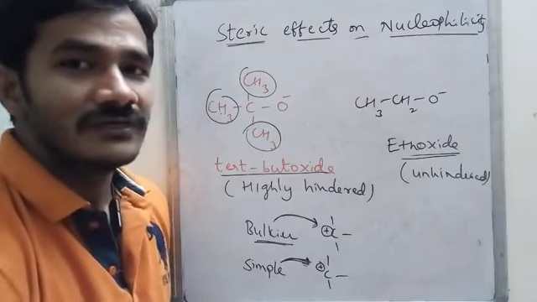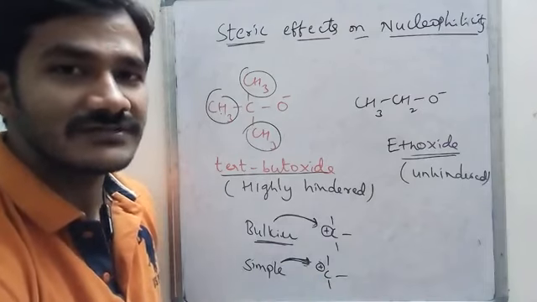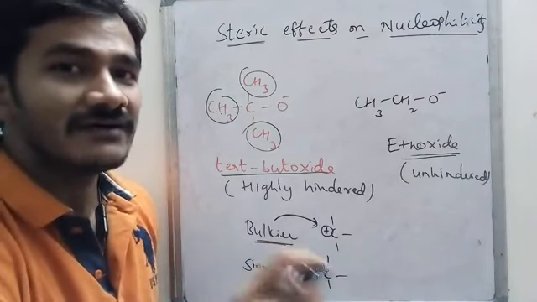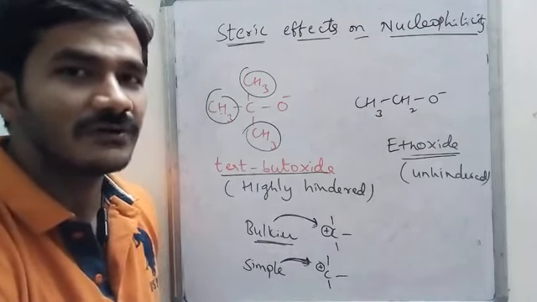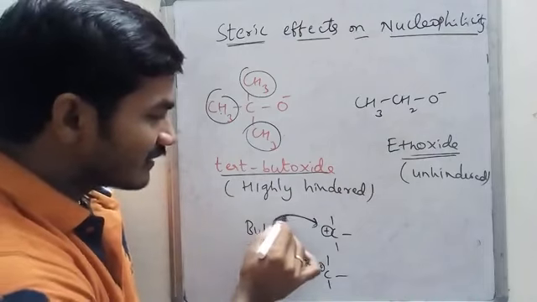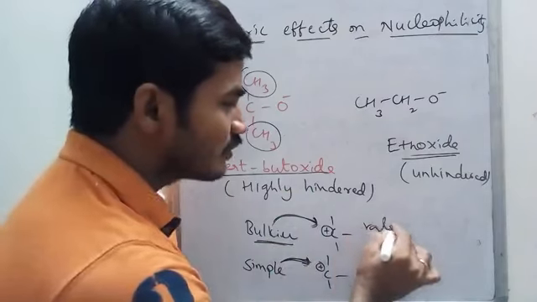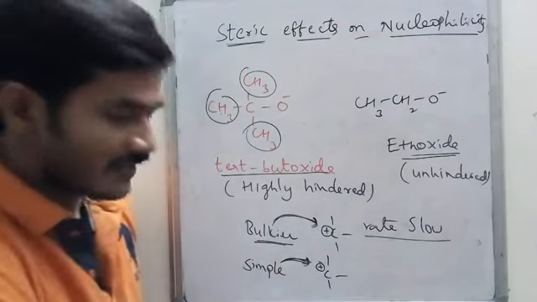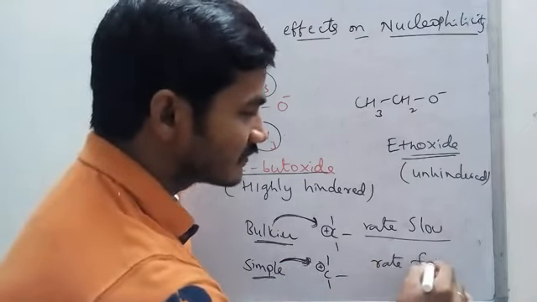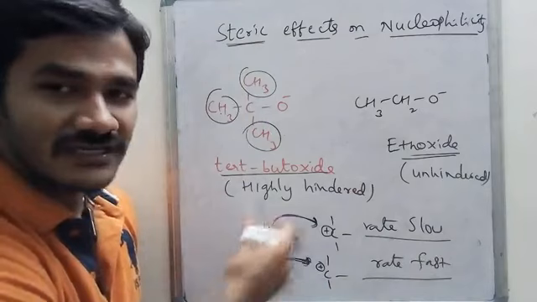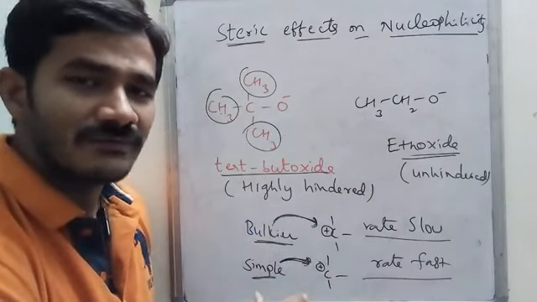I already told you, nucleophilicity, or nucleophile strength, is a kinetic factor. So it is the rate of attack on the electrophilic carbon. That rate we have to see. Based on that only we can define a strong nucleophile or weak nucleophile. The rate of attack of the bulkier nucleophile at the carbon is slow. Whereas the attack of the simple nucleophile on the carbon is fast, because the smaller molecule can easily reach the electrophilic carbon and form the bond. So nucleophilicity is all about the rate.